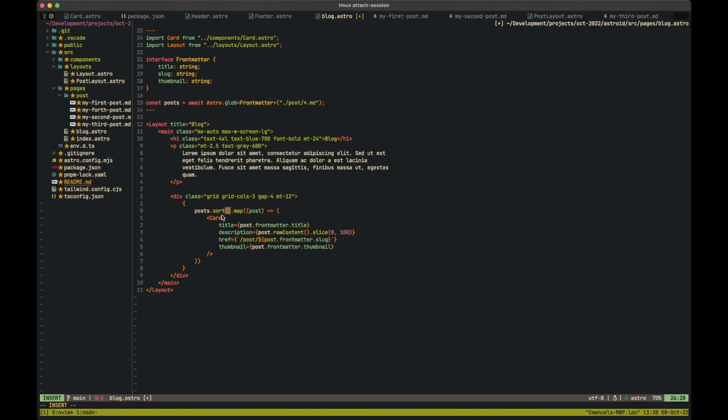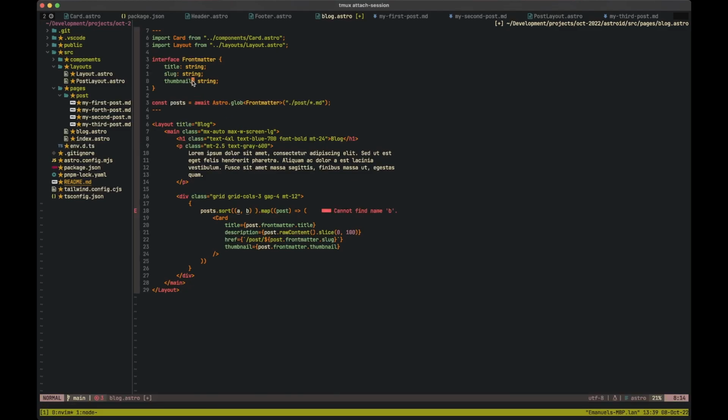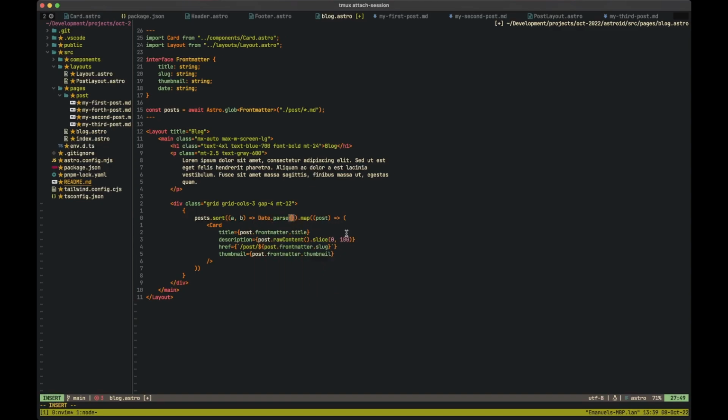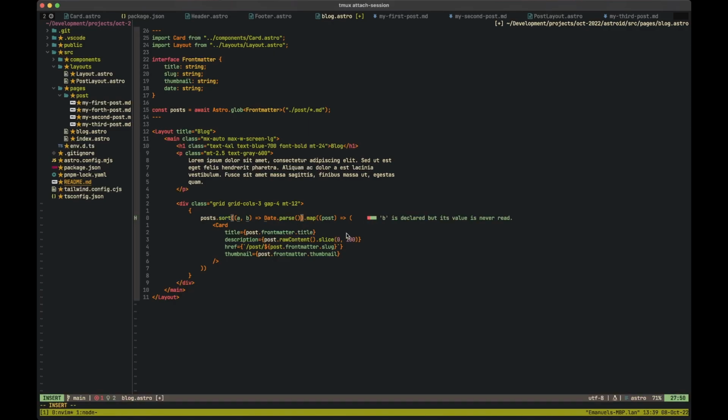So now let's go ahead and pass in here, first of all, again, we need to pass post.sort.map, and then in here we need to pass the A and the B, which is going to simply be a post. So we'll have access here to frontmatter and then our date. And actually, before we do that, let's pass in here our date. And now if Date.parse